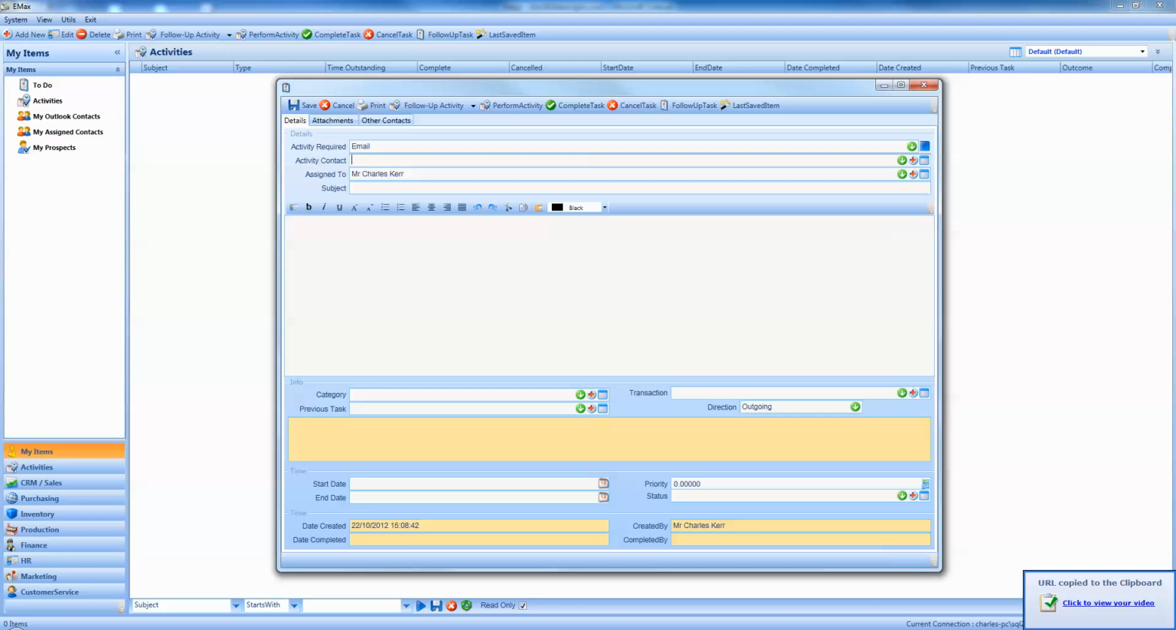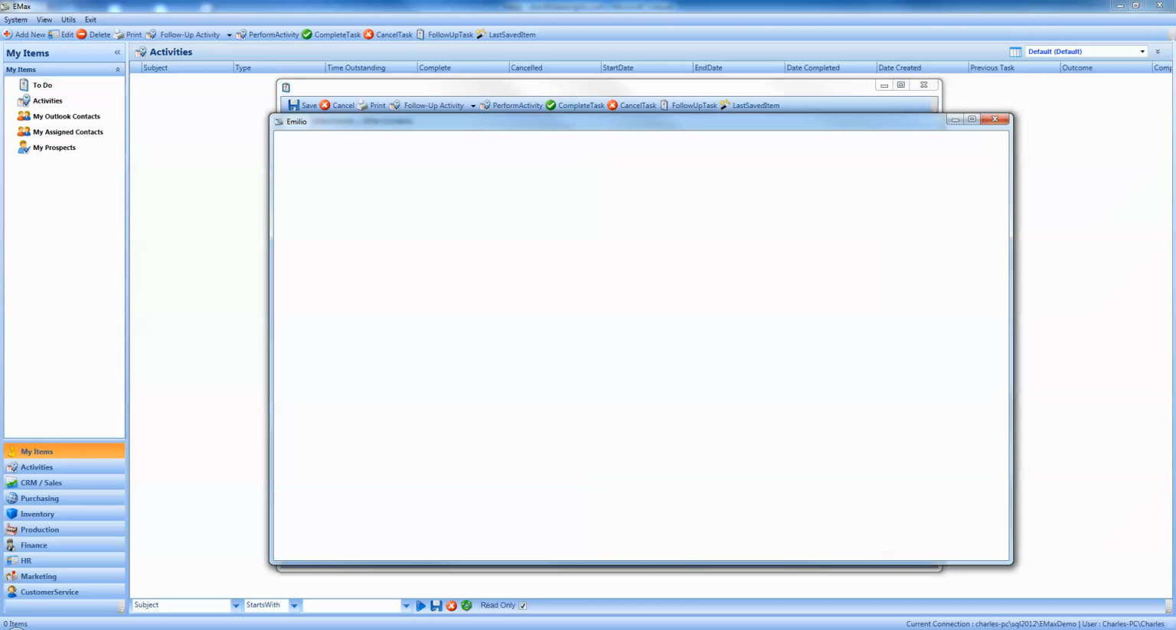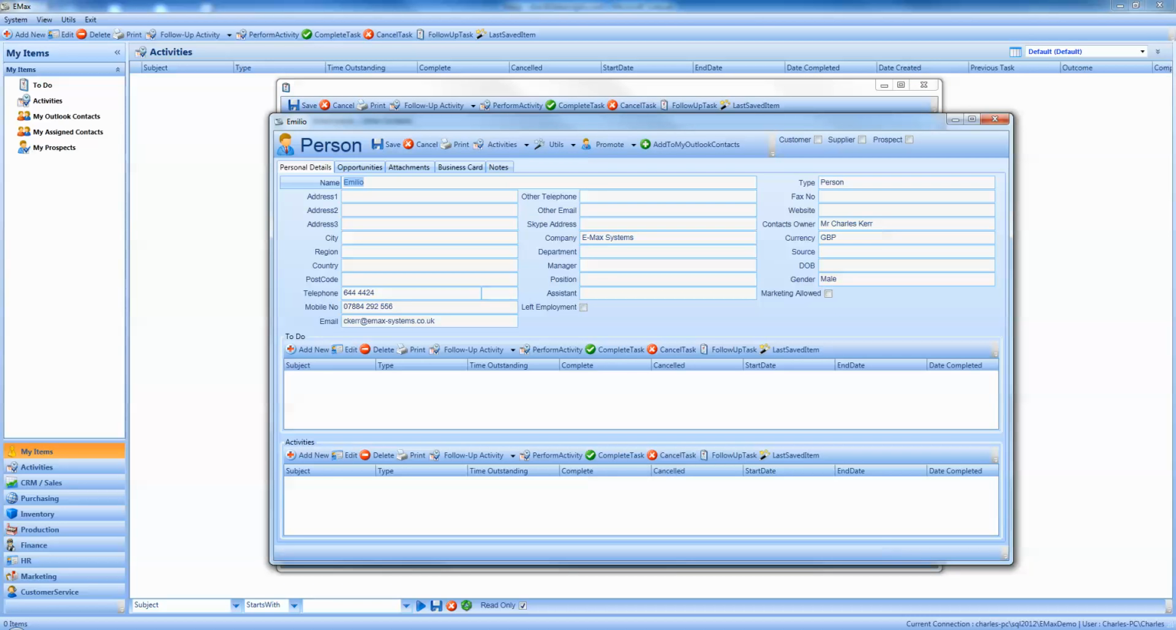The activity contact is in effect who that email is to. So this is the contact that we're going to send an email to. So I'm just going to choose Emilio because I know the email address I have put on the Emilio contact here actually is my